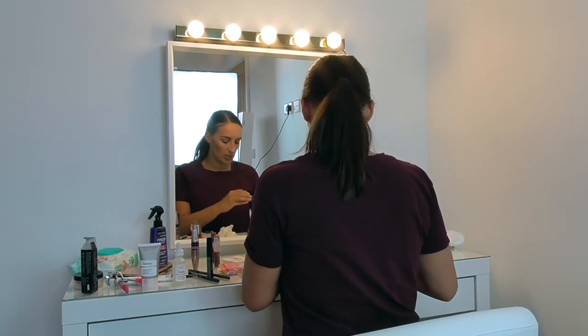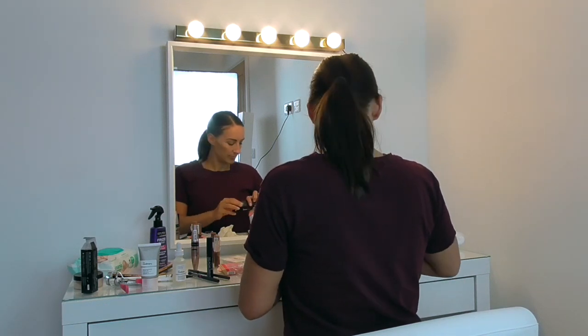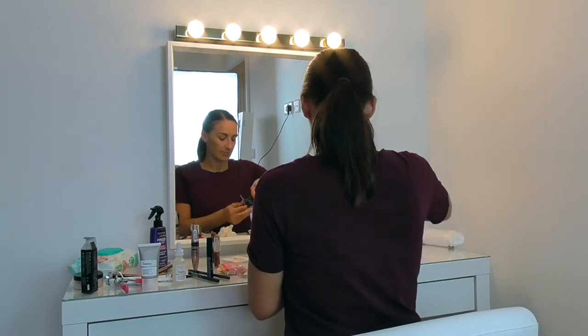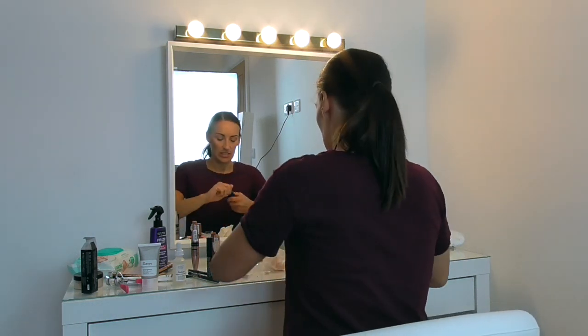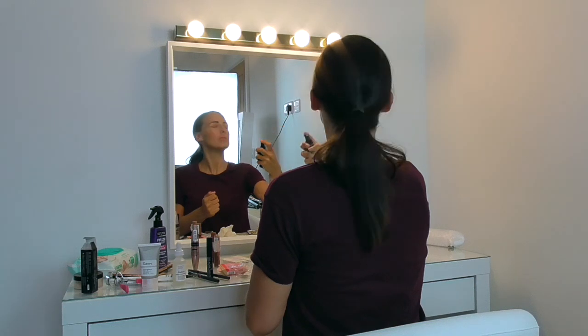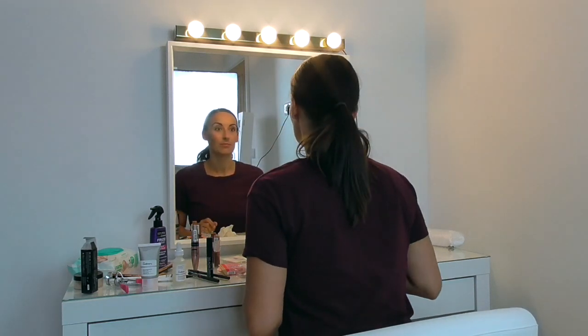So, now I'm going to use my setting spray to finish, my Elf Makeup Mist and Set. Give it a little shake, hold it out, spray it all over. And I think,